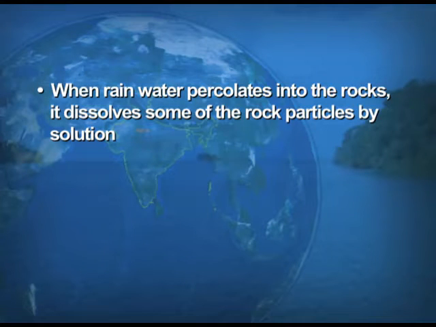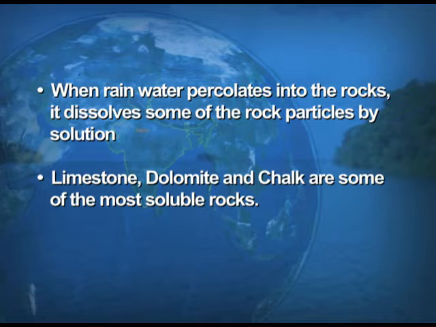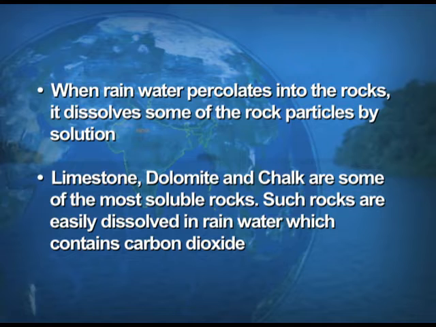When the rainwater percolates into the rocks, it dissolves some of the rock particles by solution. Limestone, dolomite, chalk are some of the most soluble rocks, and such rocks are easily dissolved in rainwater which contains